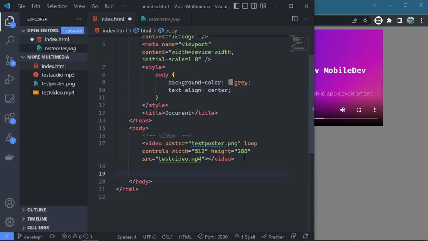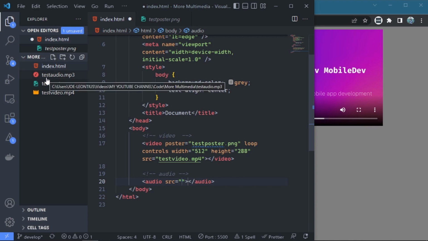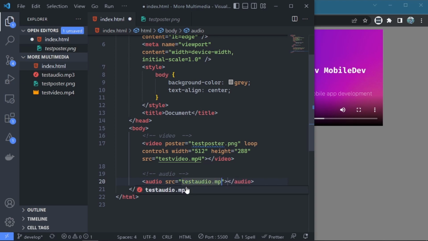Let's go now beneath and work now with audio. So let's just put audio here. So for audios, how do we add audios to our HTML page? We use a similar approach. It's just adding the audio element. See that this audio element also has a source, and it is the source for our audio. In this case, the test audio.mp3 file. And if we save,